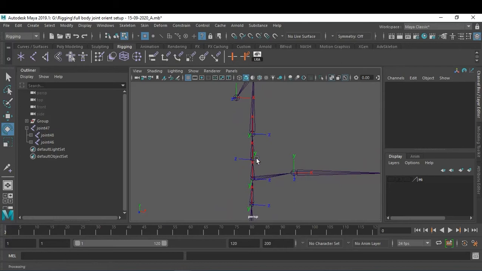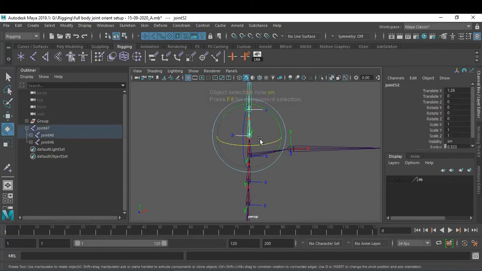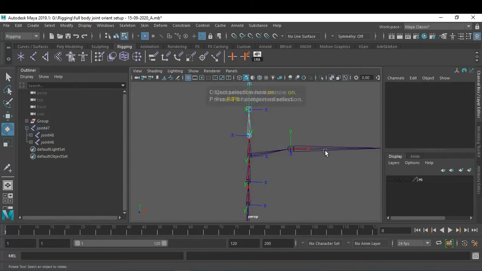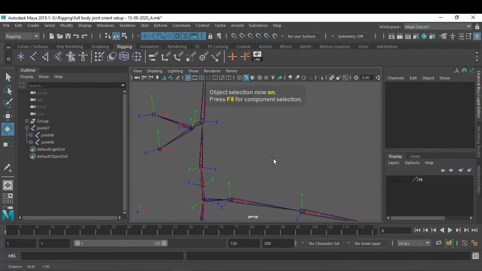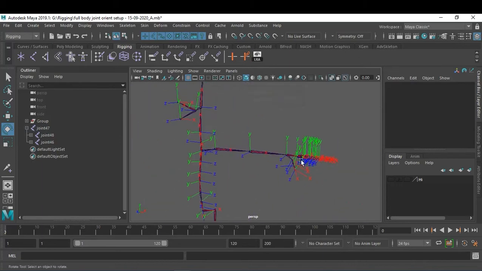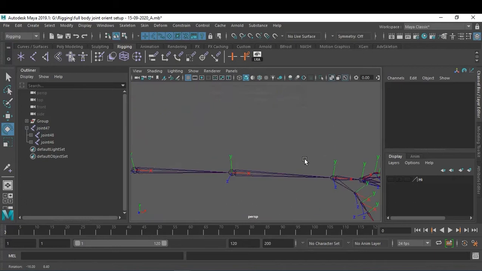See this joint over here. Press F8 and correct that particular thing. Press F8 and rectify that particular joint. And same thing over here also.